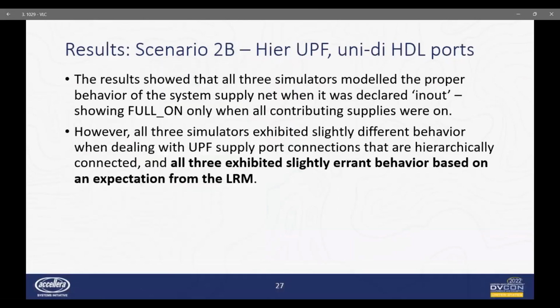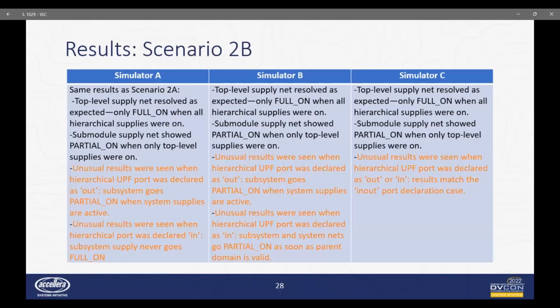The results showed all three simulators modeled proper parallel net resolution at the system and subsystem level whenever the hierarchical UPF power port was declared as an in-out port. However, all three simulators exhibit slightly errant behavior based on what we would expect from the UPF LRM. All three simulators exhibited the same behavior for the system level supply net, resolving it as expected to be partially on when any one source was on, but only full on when all three were on. When the UPF port was declared unidirectional,